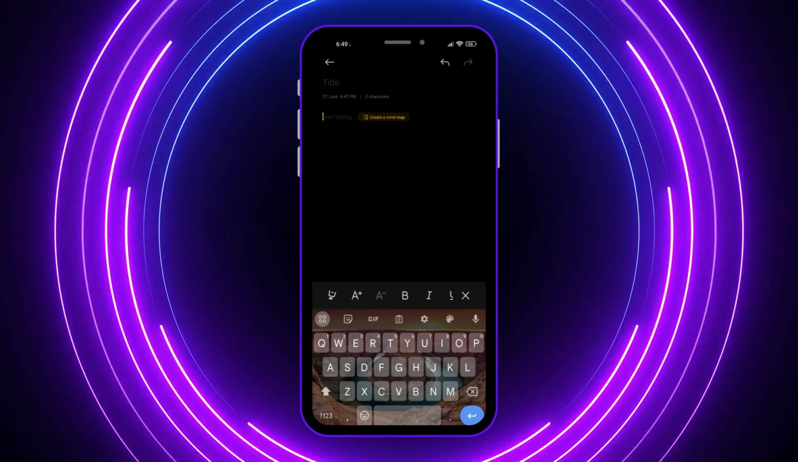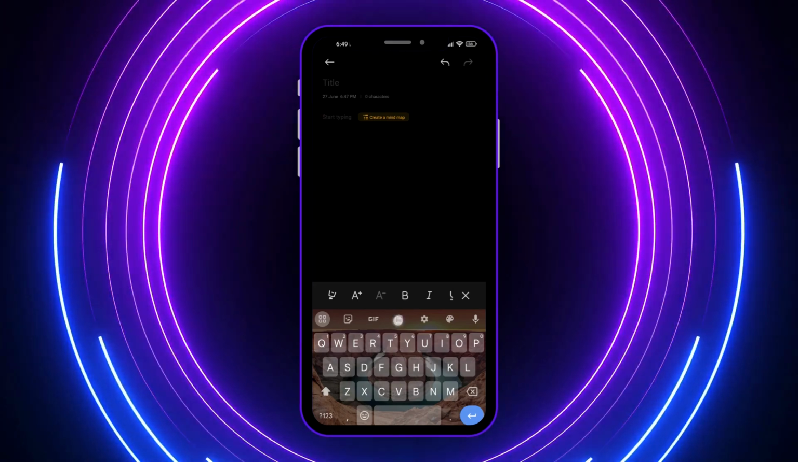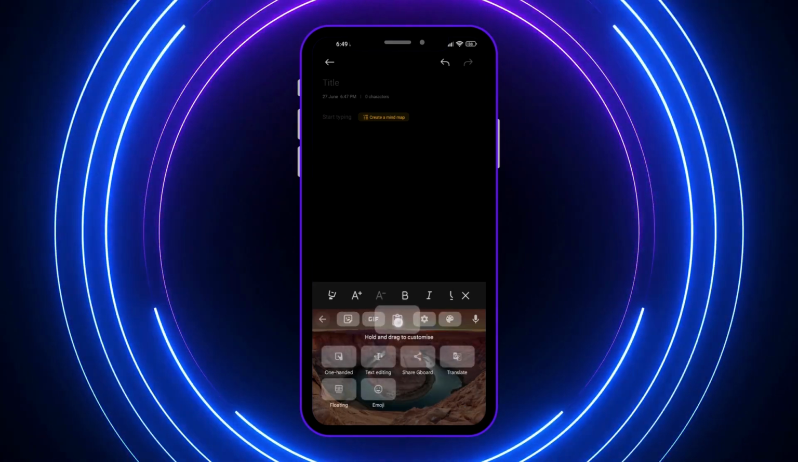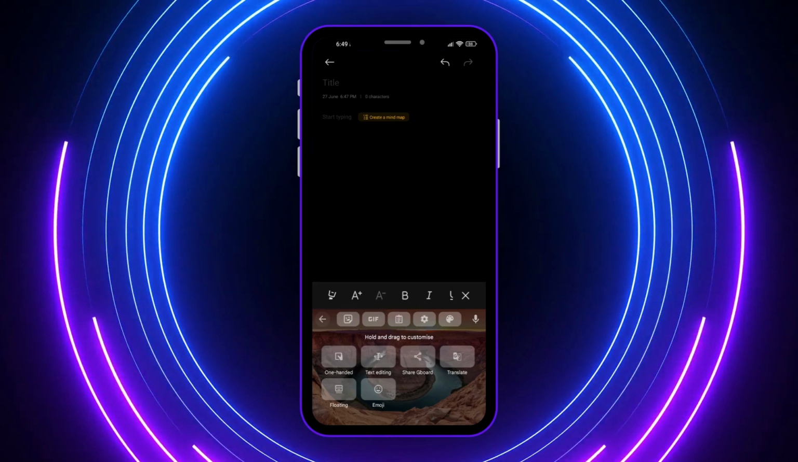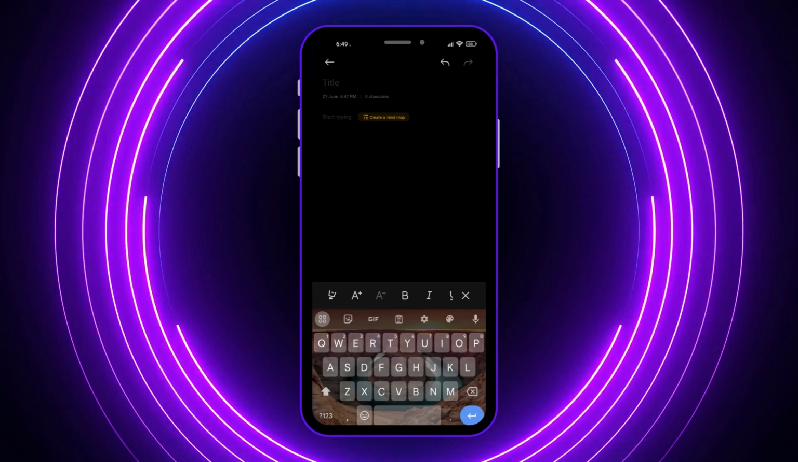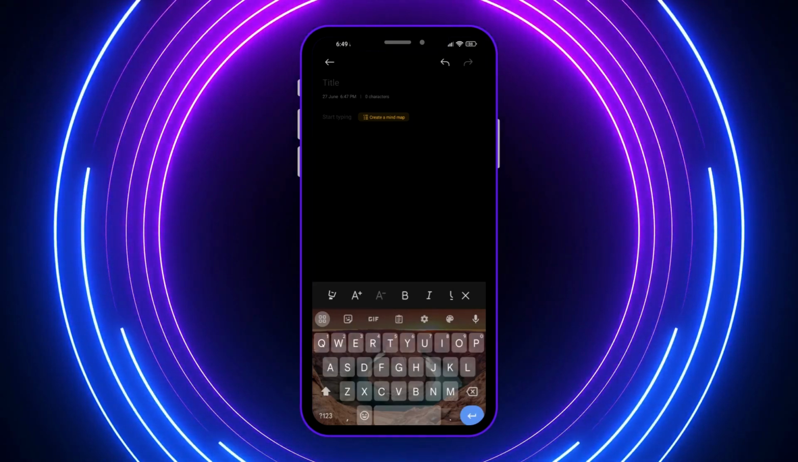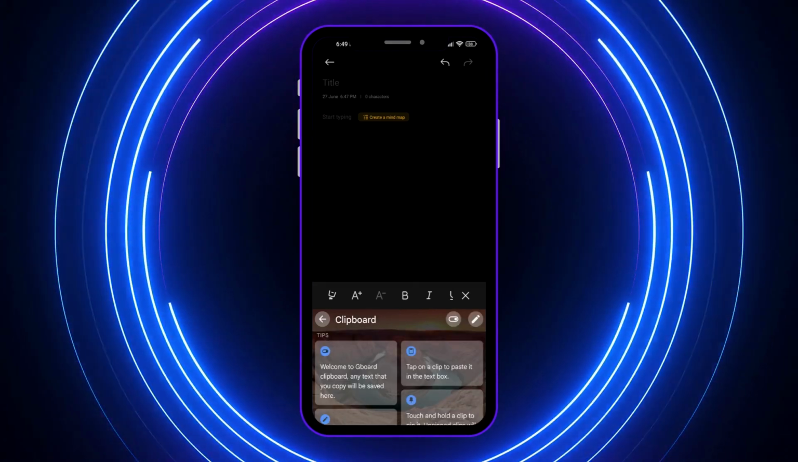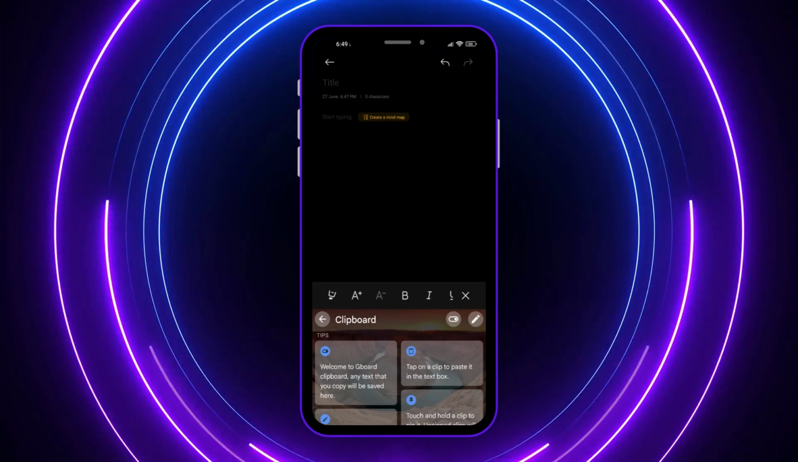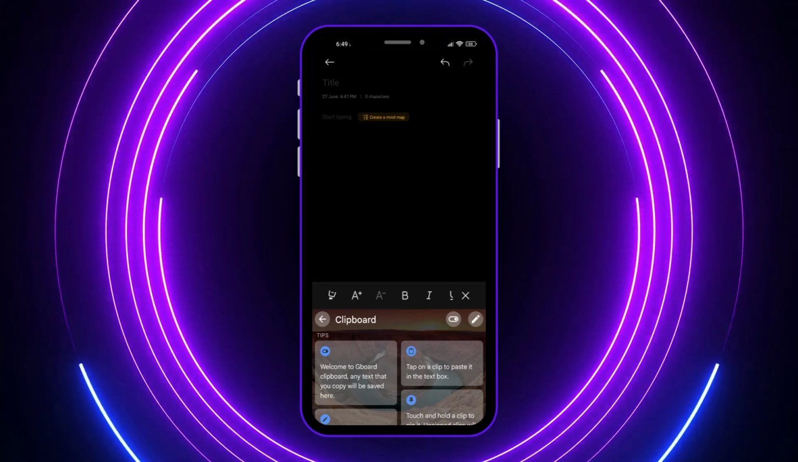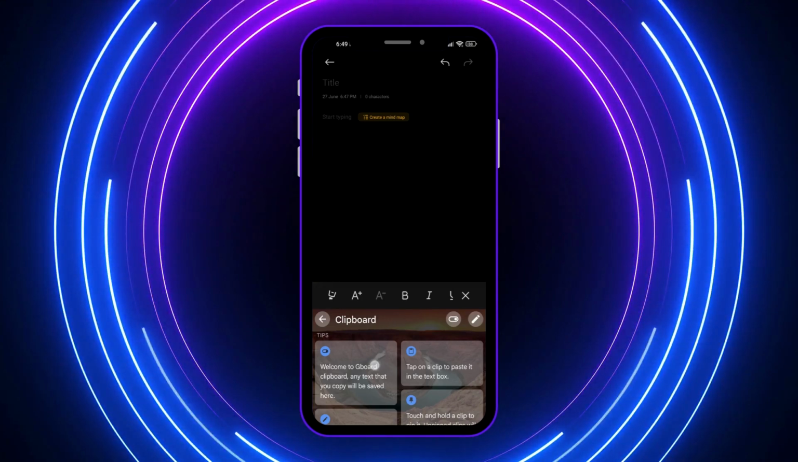And the next thing is you want to notice this icon right here in the middle, the one that I am dragging right here in my keyboard. That is the icon for the Clipboard. So basically all you have to do is tap that Clipboard icon right here and you can access the Clipboard already from your keyboard. And all you have to do is simply tap on the text that you want to